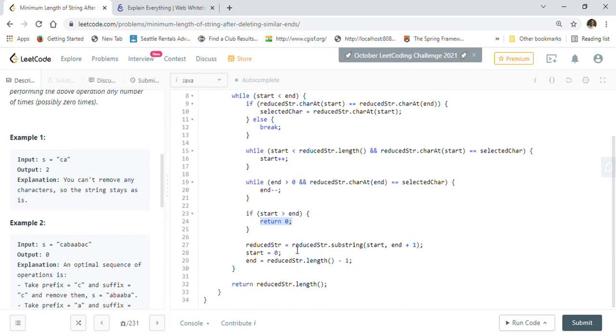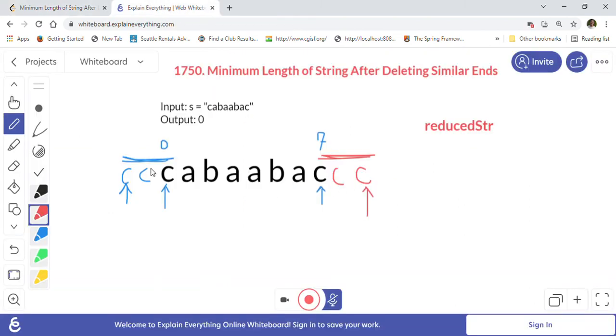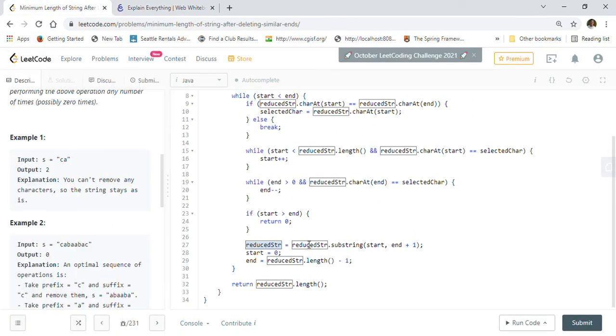Otherwise we will just calculate our reduced string, right? Because now our string got reduced. For example, if we have consumed C, then after consuming C our string is reduced to this string, correct? So we will just remove these first characters that we have consumed and last characters that we have consumed, the prefix and suffix, which is simulating that we have removed those characters. So that's what we are doing here. We are actually taking a substring from start to end plus 1, because the start pointer moved ahead and the end pointer decremented.